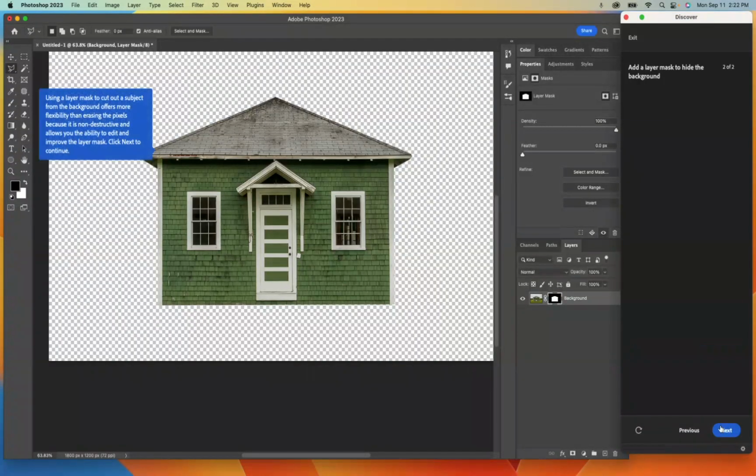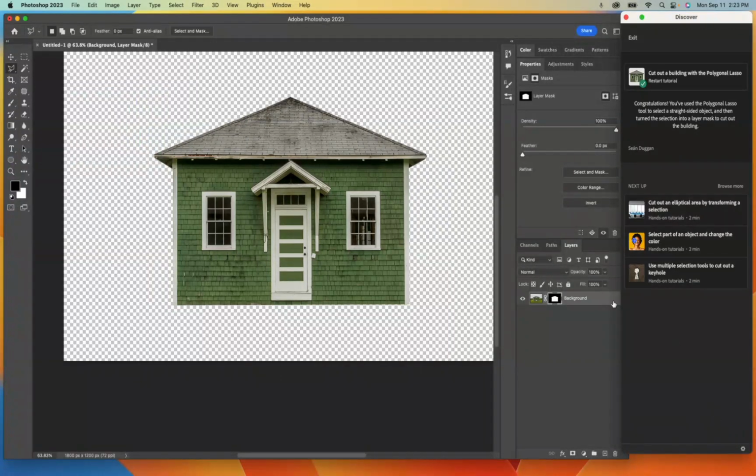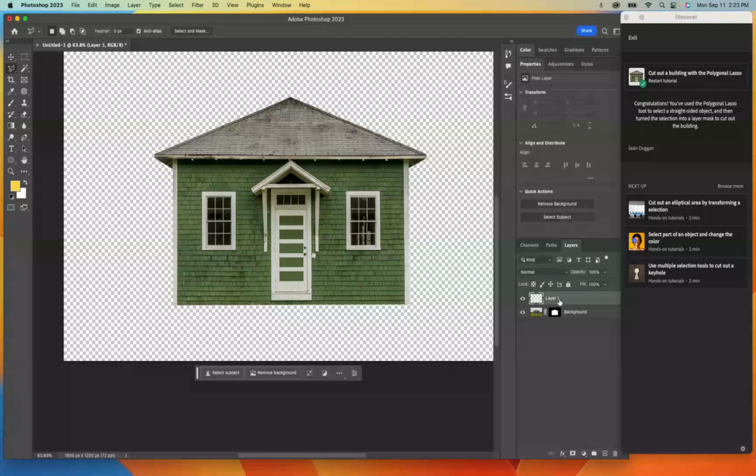And I'll click on Next. And then this is a way to be able to make it so where you're not actually physically erasing any of the pieces. Now, the last thing I'm going to do, just for sake of checking this, I'm going to